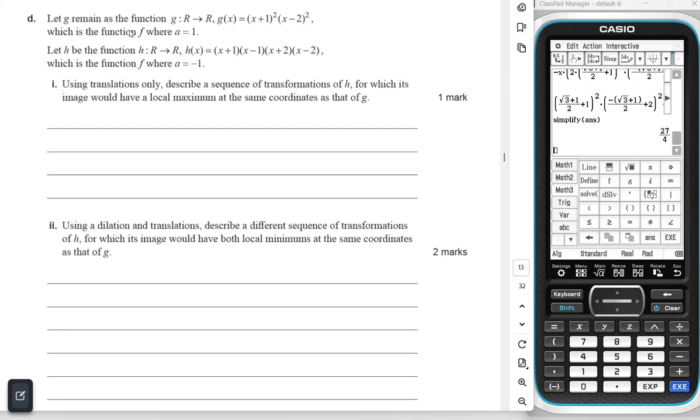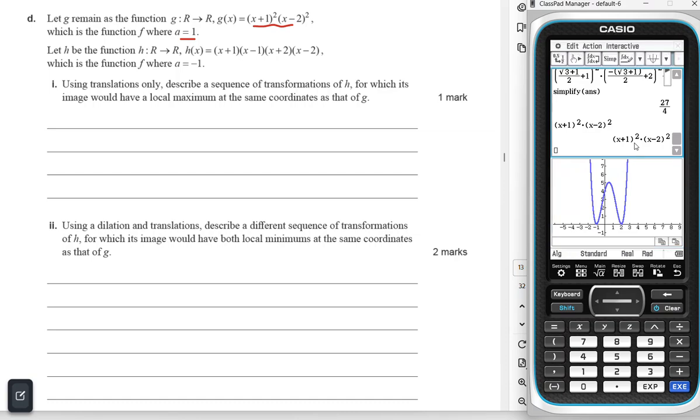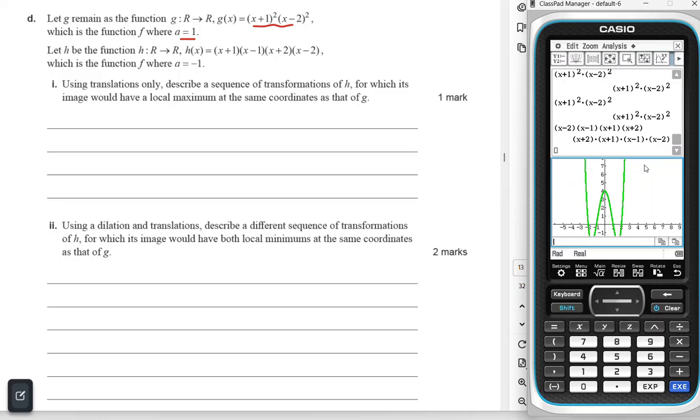So what have we got? Let G remain this, where A is 1. Okay, so what does G of x look like? I didn't go all the way down. So G of x looks like, that is G of x. And this other one, and the other one looks like this. So it has a turning point of 4. So I'm looking at